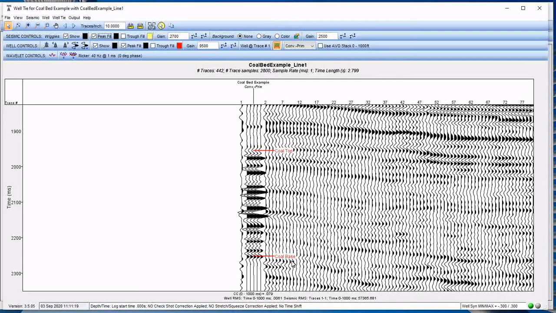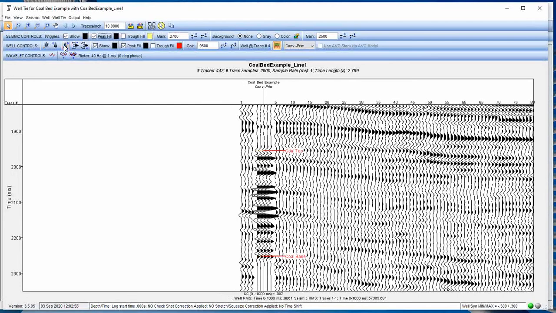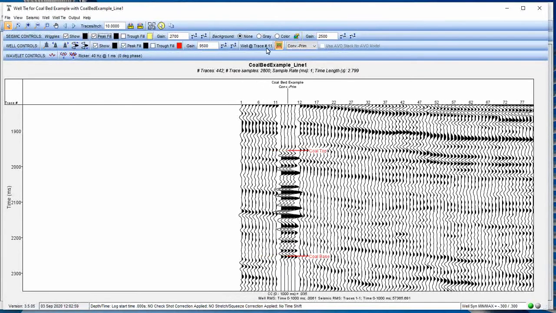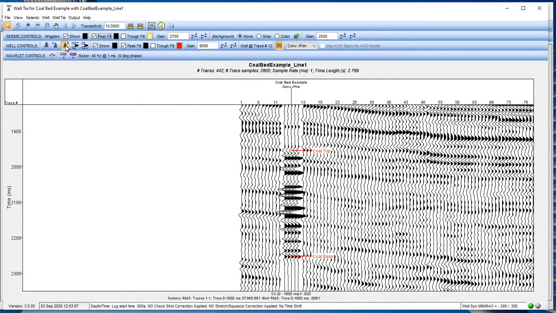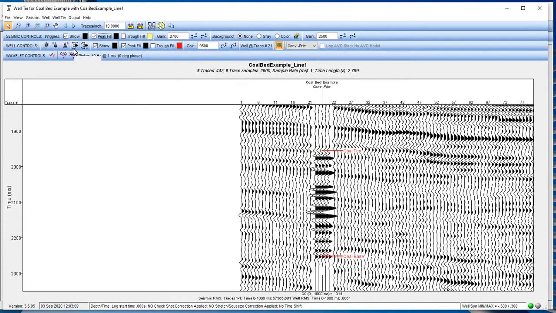Now, for this particular well tie, I really want this to be somewhere around trace 405 or so. So a couple ways to do that. If I go to my well controls ribbon here, I see a left and right button on my well. And if I click to the right, it'll slowly start to move it. If I go further along, it always tells me that this well is currently at trace number 11. Again, I want it to be at 405, so I could start clicking on this, but that's really going to be tedious. Or I go to well